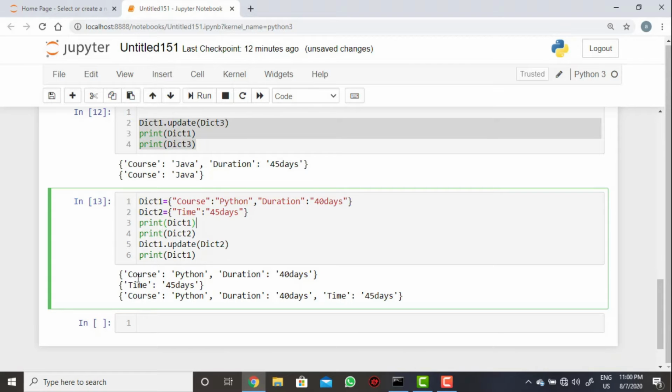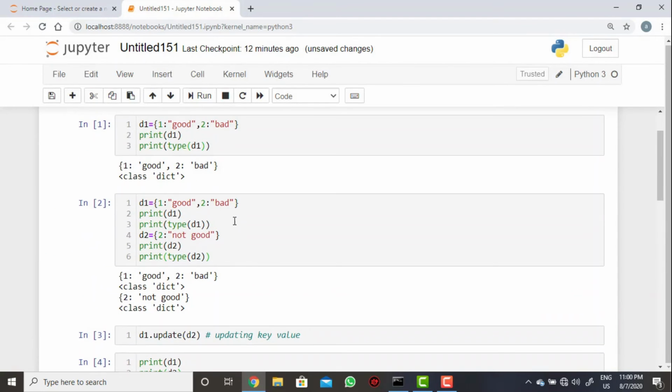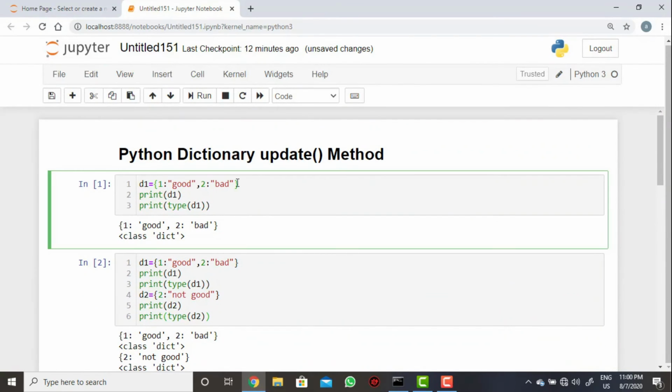You can count it: these are the 2 elements we have, and this is the element from dictionary 2 updating into dict1. When the key does not match, it will add it as a new element. So this is all about the update method from the dictionary data structure.